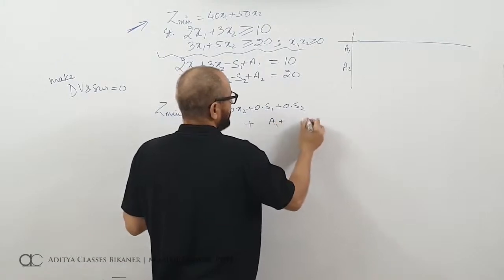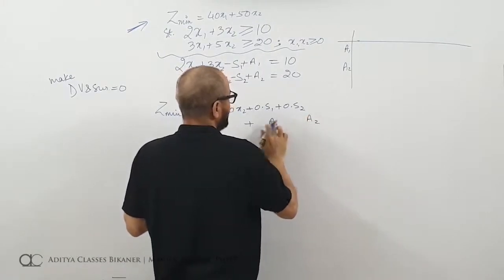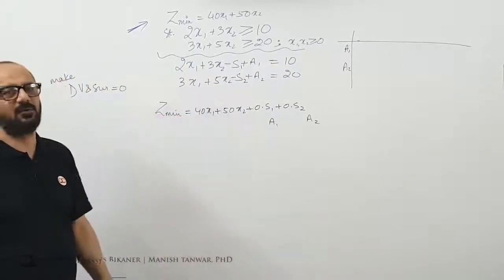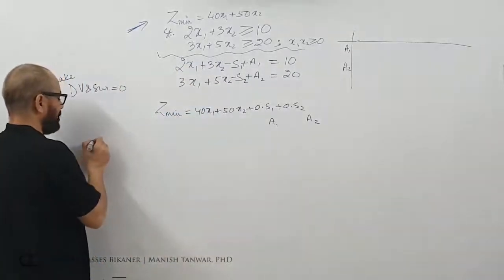Plus a1, or rather let us say a1 and a2. These a1 and a2 are coming into my equation after being multiplied to